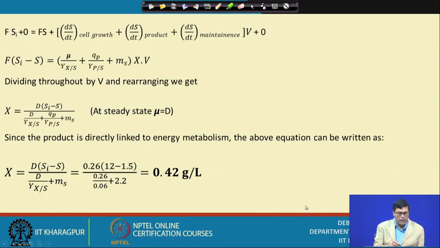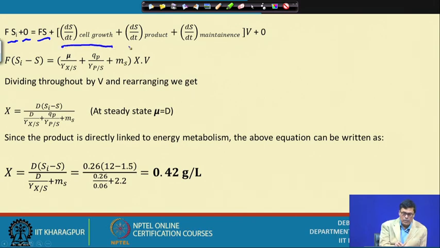So, what we can write here is that this is equal to 0, and Fi is the incoming initial substrate concentration, this is the final substrate, and ds by dt